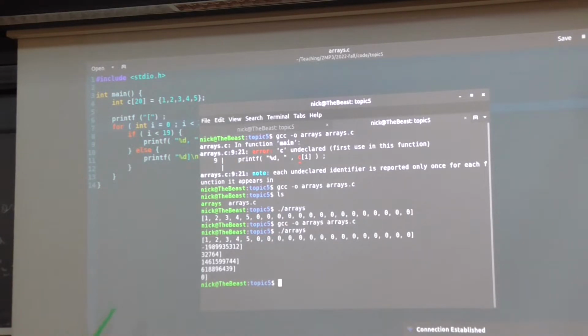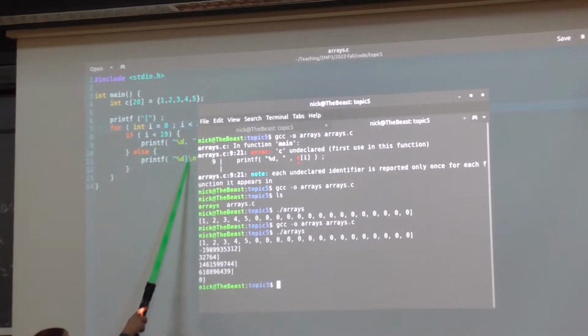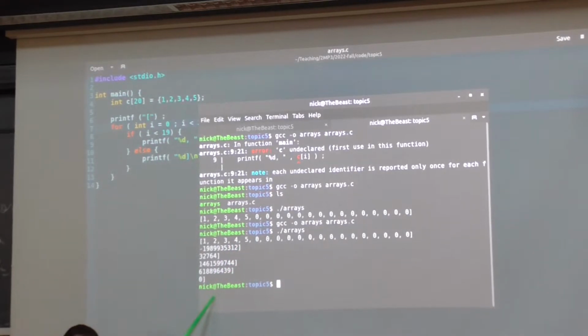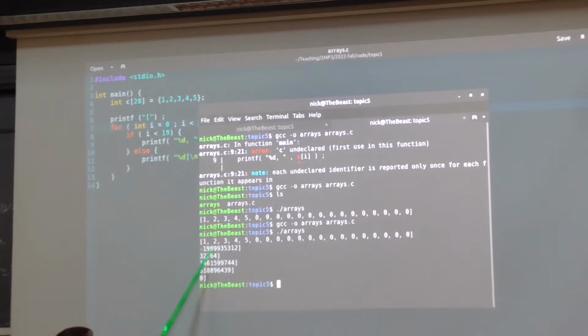You'll notice, first of all, because I didn't change this thing, it's just doing the closing brace in the new line each time, so it's stuck on the last case, right? But you'll notice these numbers,